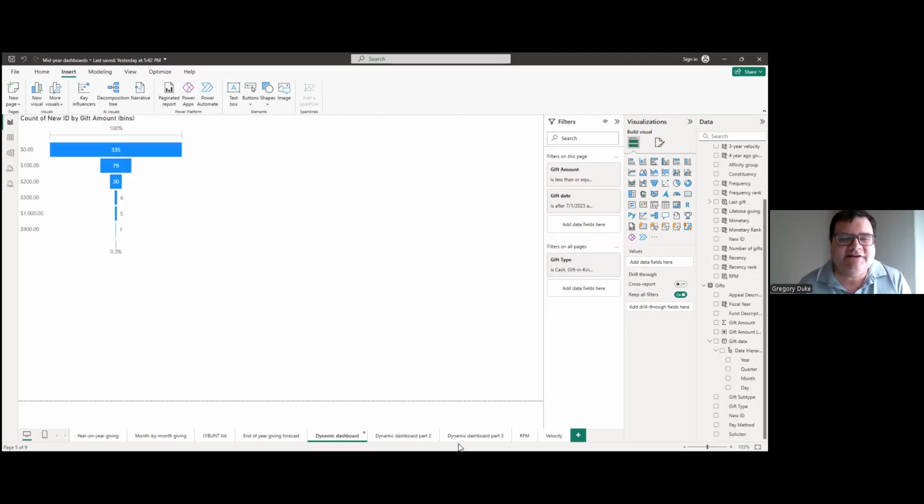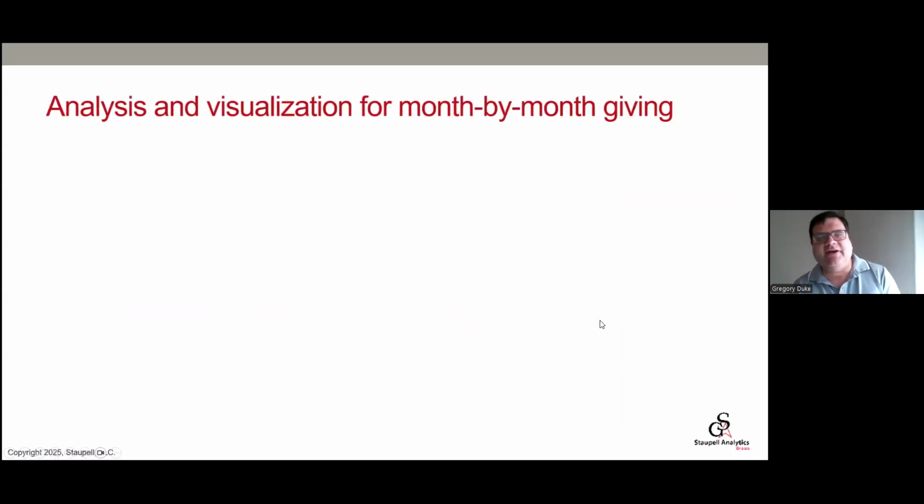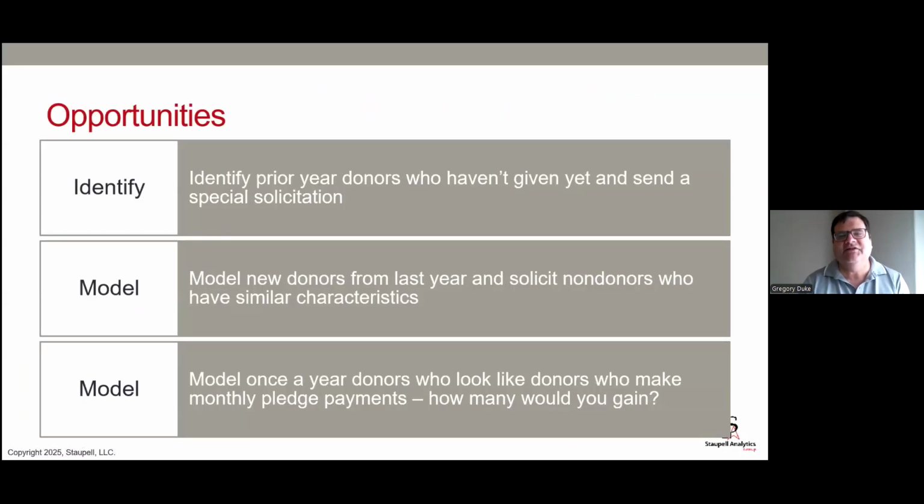We go to share again. Back to our slides. So after we've done our analysis, we want to take a look at those opportunities we've identified. And really, these are the three keys that we can start with. Identify, using the visualizations like that. First of all, we identify those lybunts using the table I showed you.